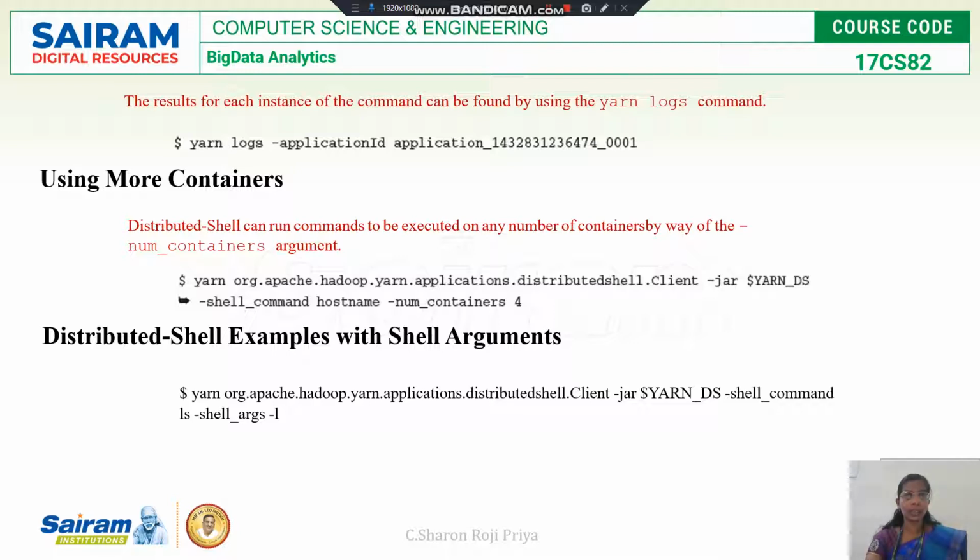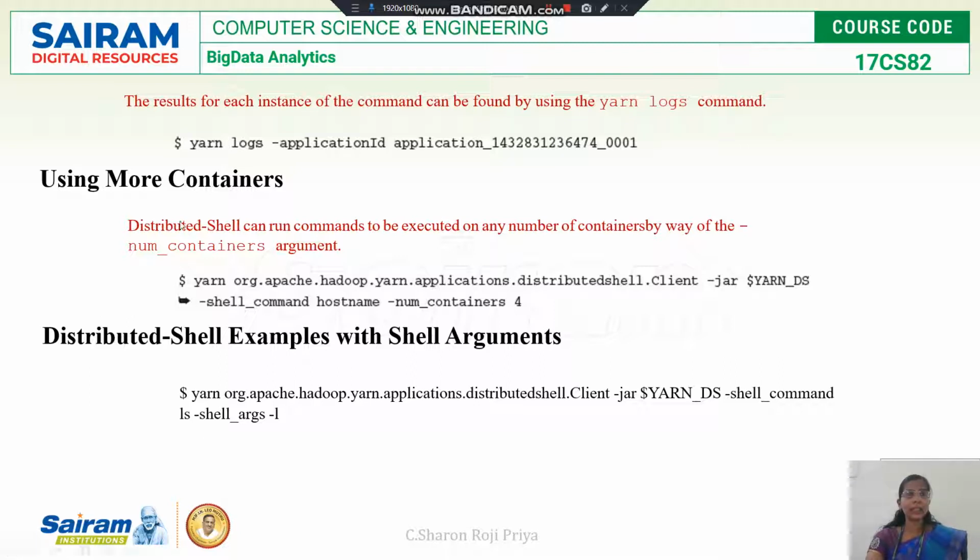So how to open the log? I can use the yarn command. I want to open my log, so the command is logs, and -applicationId is the option I have to use as it is, and I have to specify the application ID of my job. So you can go to this log and check the output in your log files.